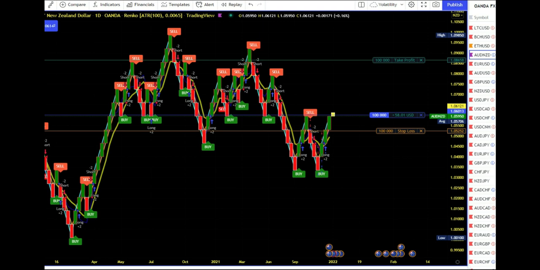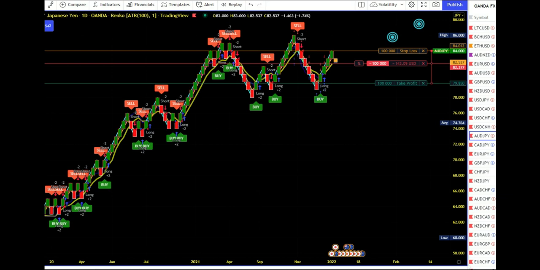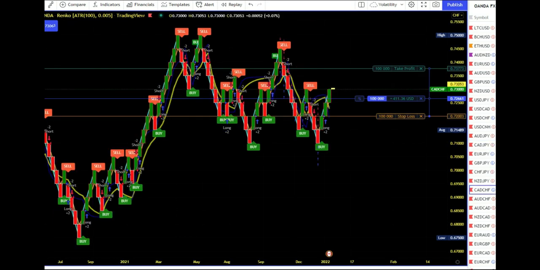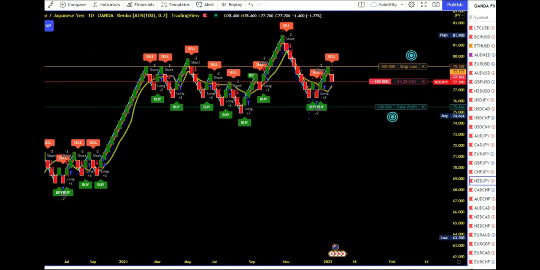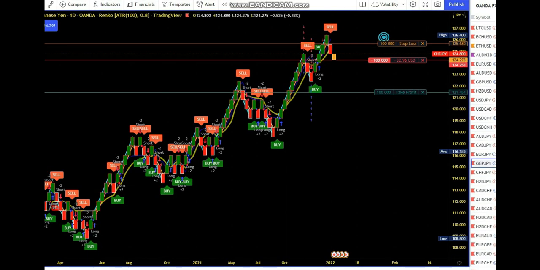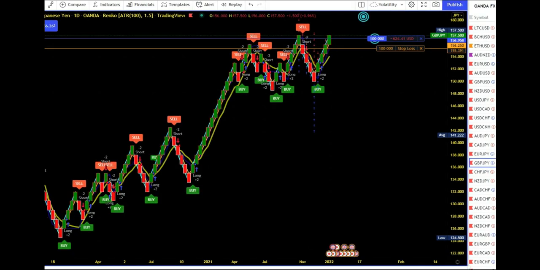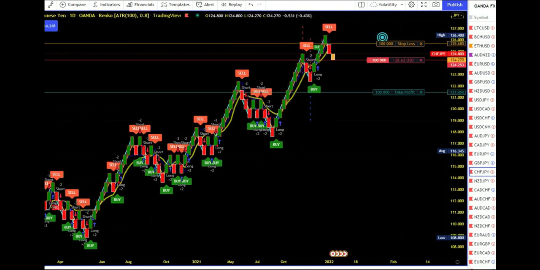So back to our chart, we see here again Australian dollar, New Zealand dollar. So you see I have already marked my stop loss order at 1052.52. By this, I will count first of all these bars, right? You see here 1, 2, 3, 4, 5, 6, 7, 8, 9, 10, 11, 12, 13, 14, 15, 16, 17, 18, 19, 20. And at this moment, it seems to be similar to the turtle trading system, a breakout system,